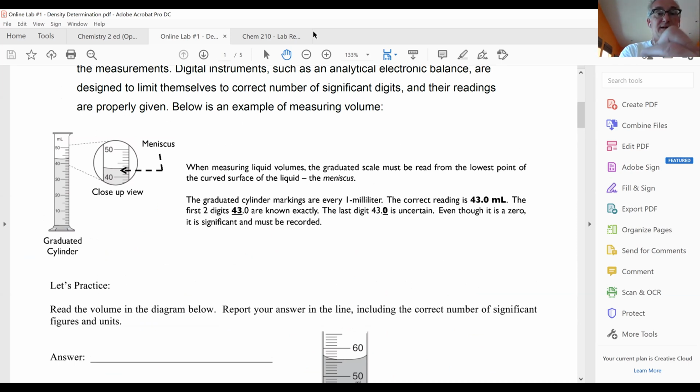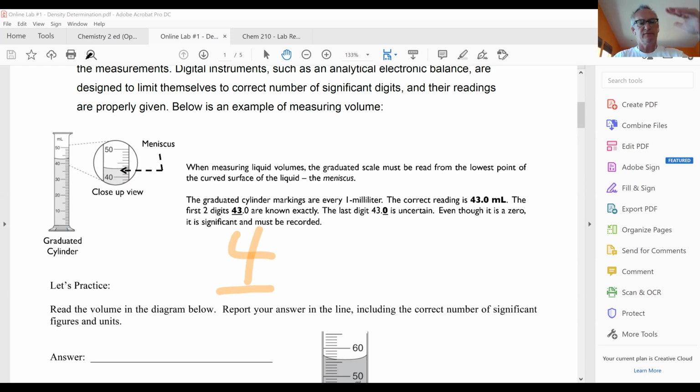So that first number is not an estimate. That is a precise number. It is definitely more than 40 and less than 50. So for my tens, 4 is precise. Then I look in closer and I can see that it's 41, 42,